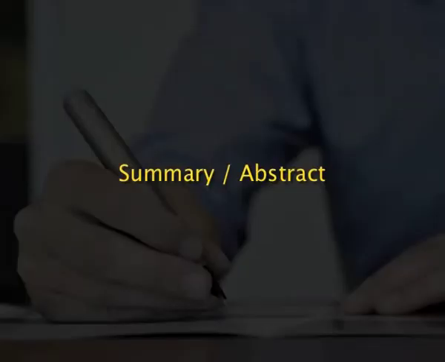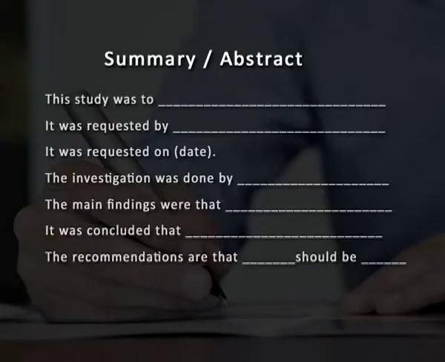The next component is summary or abstract. The summary of a report generally contains why we are writing a report, who has requested to write this report, what kind of investigation had gone into this report to find out the details about a situation or condition or a problem, what the major findings are that had been noted, what is concluded, and any recommendations in this direction. So, you have to sum up all these details under summary or abstract.